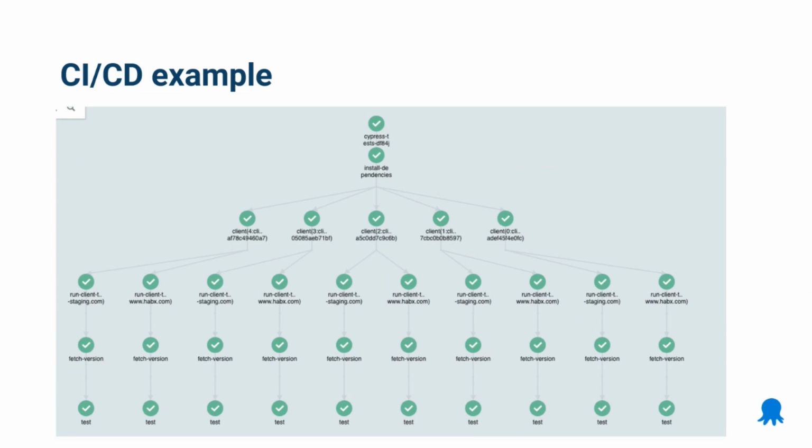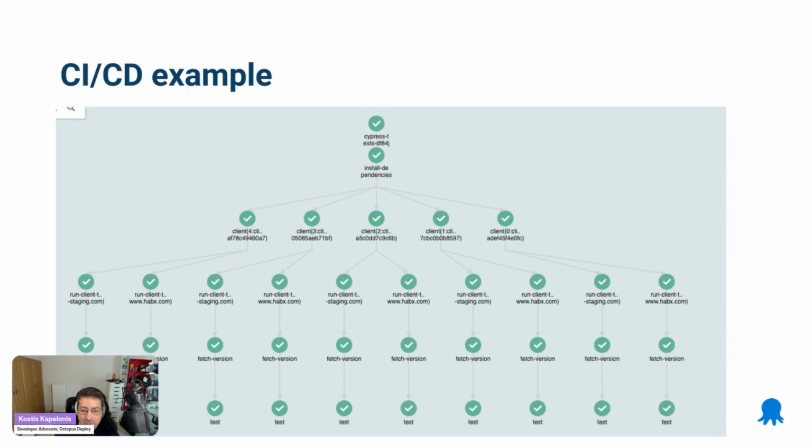So as an example, this is actually one example from Kostis. Here you can see we have a massive way of running tests. I think it's UI tests, integration tests in a parallel way. And we can decide exactly how we're going to spend our resources and the capacity we have in the cluster to see what steps need more capacity or steps that don't need capacity. So as I said, you can use it for everything you want. This is an example of a CI/CD pipeline, but you could imagine you can have a workflow for machine learning